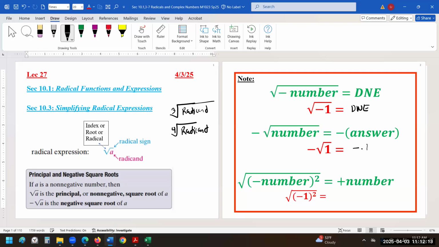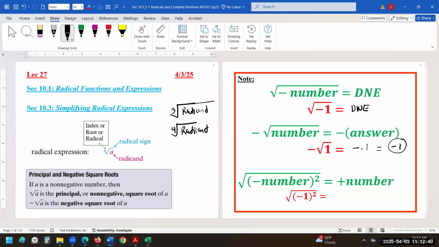So it's negative times square root of 1, which is the same as -1. So if there's a negative sign in the front, it doesn't affect us. But if you have a negative sign inside the radical, in the radicand, then you have a problem for even roots. The next one is saying, if you have a negative number squared inside, in the radicand, and